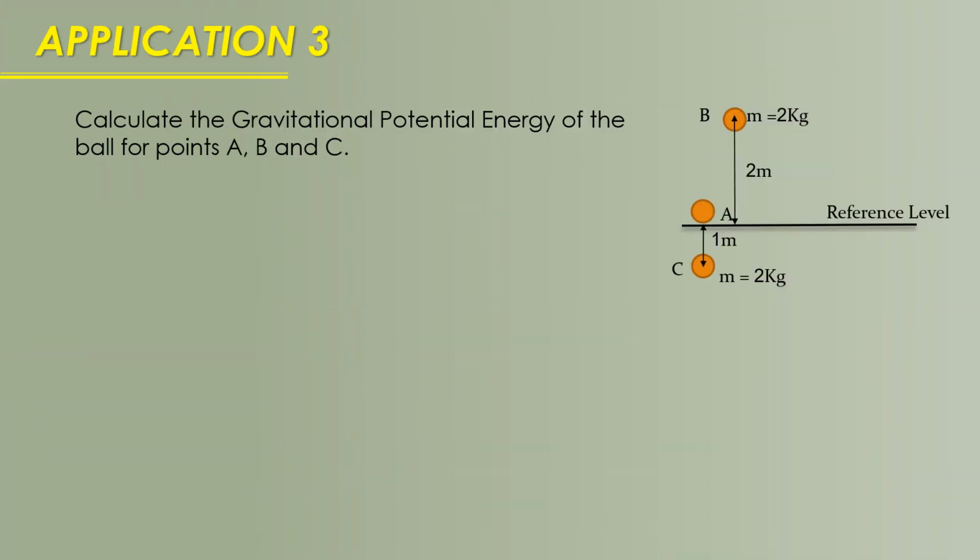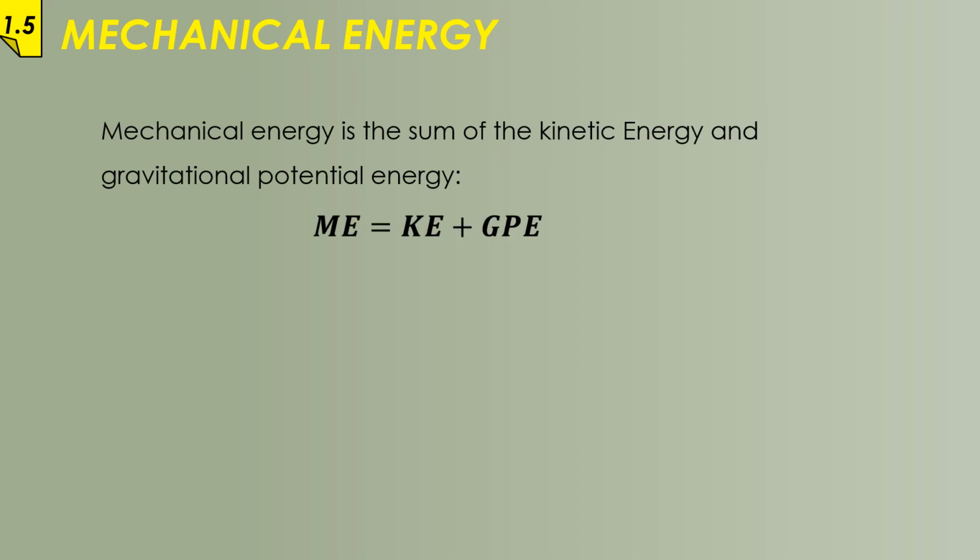Now, to make sure that you got this point, solve this application and check section 4 in order to check the solution. Now, ending the whole thing, we go to mechanical energy. Mechanical energy is simply the sum of kinetic energy and potential energies. Since we just deal with gravitational potential energy, I've just written here